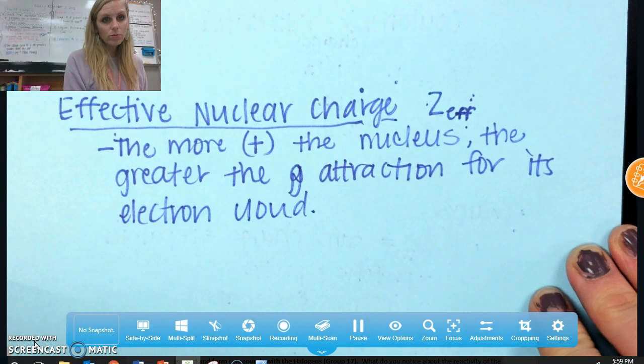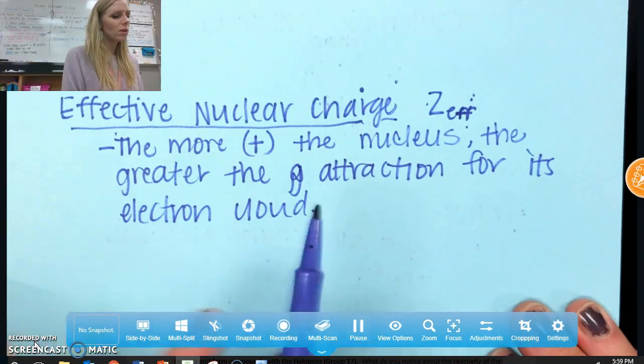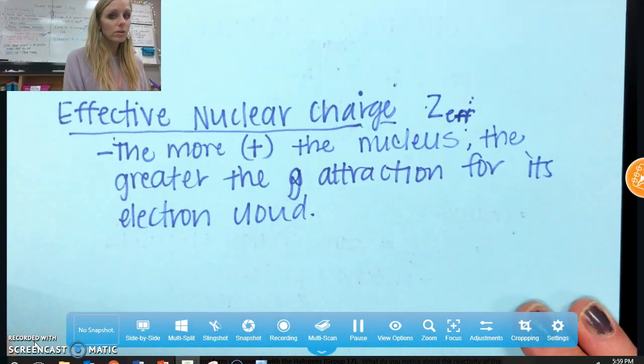Okay, that's effective nuclear charge. So a lot of times, although I want you to talk about your trends starting next week in terms of Coulombic attraction, you can sometimes throw in effective nuclear charge. Right? The more positive your nucleus is, the more protons you have in your nucleus, the stronger your effective nuclear